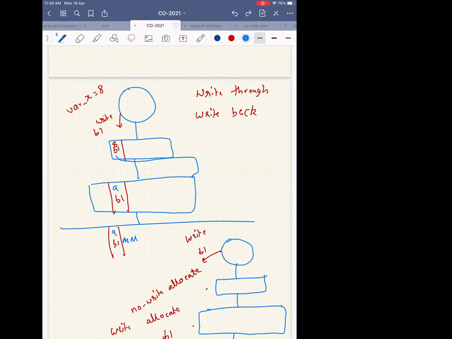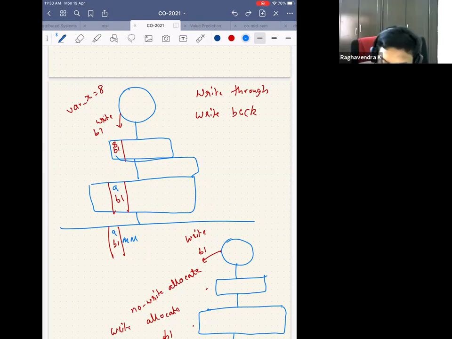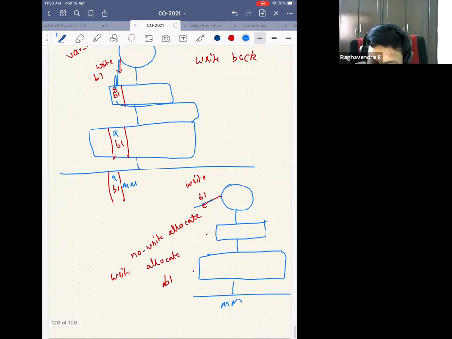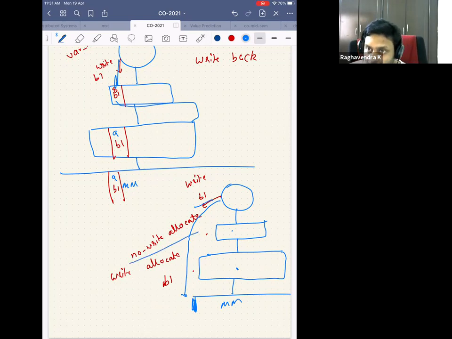Okay. So similarly, now we ask what if the write is a miss. If you generated an address for the block B1 and you are trying to write something to it and it is not there in the cache, not here or here, not in the two levels of cache. Now, when I generate a write, I go to the main memory. I can just update the main memory directly without bringing it into the cache. That is called no write allocate. I don't allocate a block in the cache when there is a write that is generated.